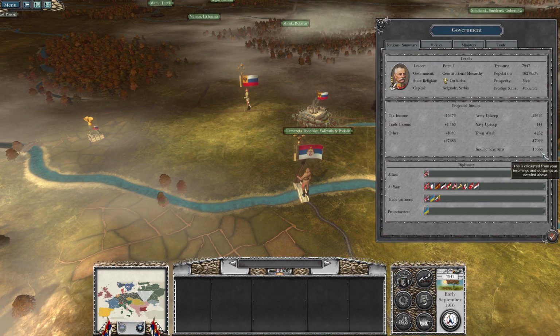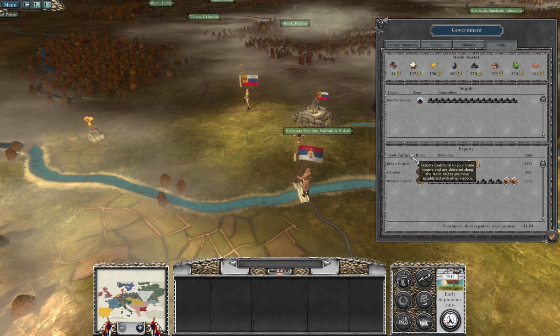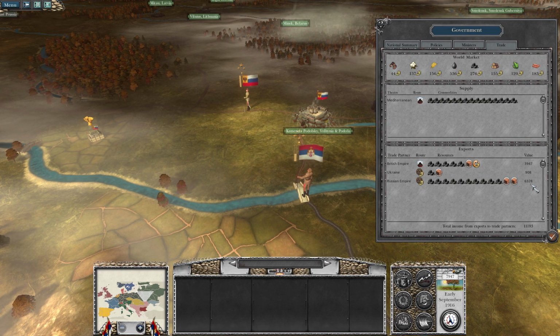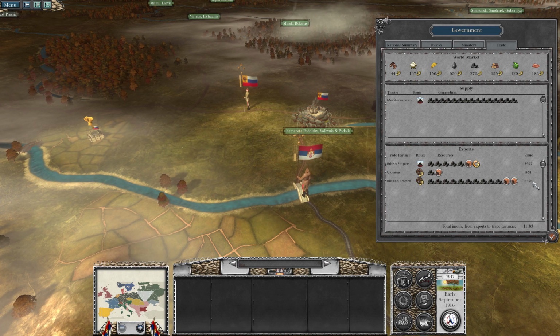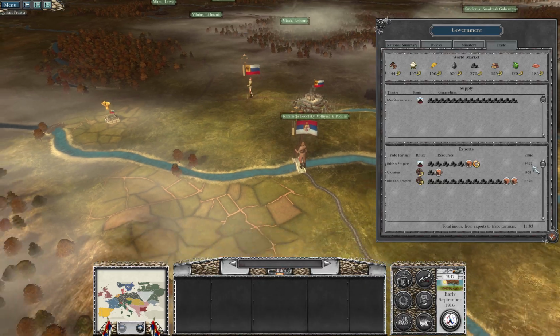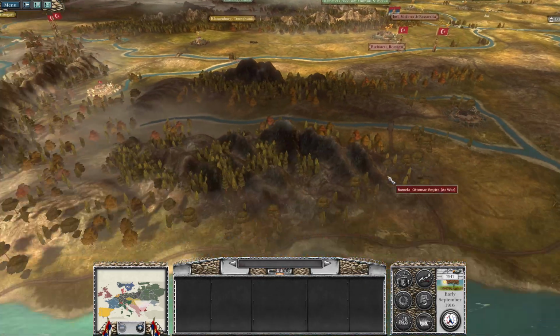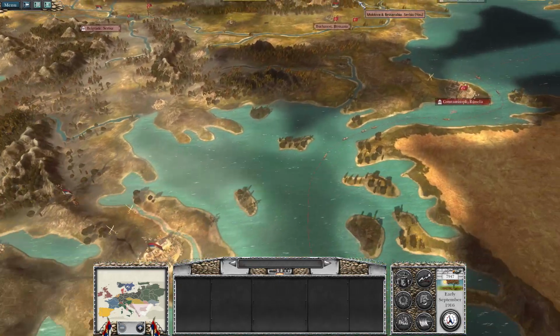Now I recruited a lot of troops, so we can't compare it to what we had last turn, but Russian Empire, we now gain 6,000 value compared to the British, which is about 4,000, and then 1,000 roughly to Ukraine. Oh, I just noticed here,